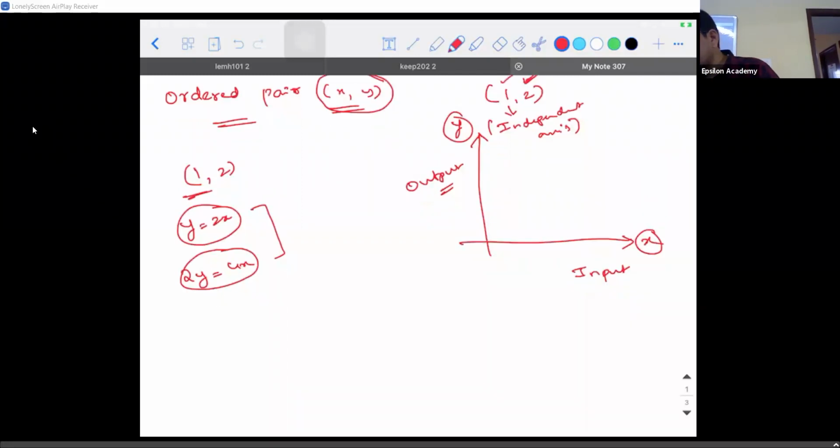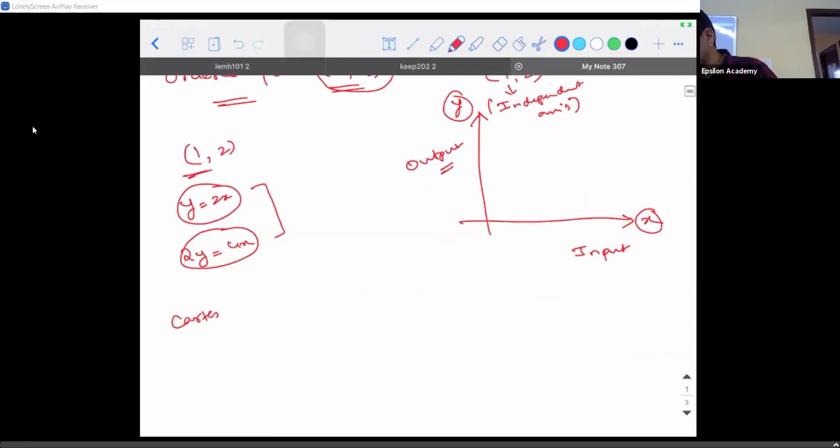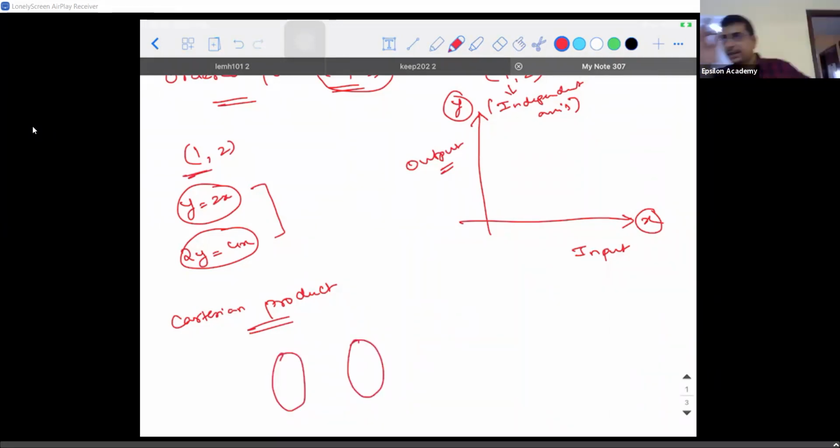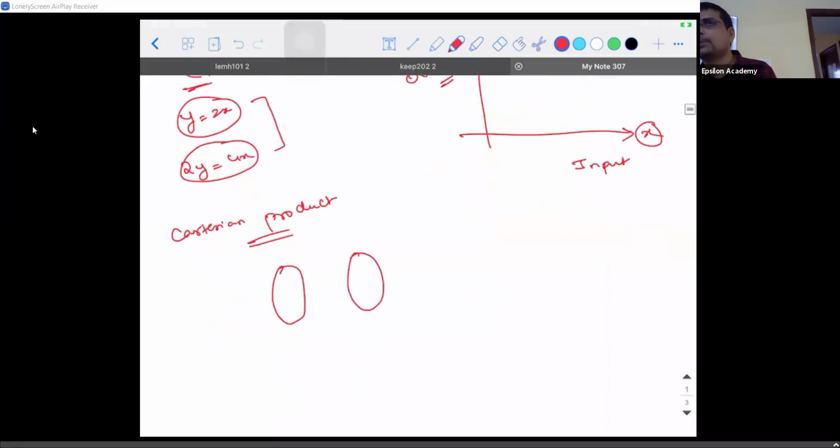Right. Now what can you say about the Cartesian product? For you to obtain the Cartesian product, what is the data you need in your hand? You need two sets which are non-empty. If I have two sets in my hand, let's speak only in terms of input and output, nothing else outside that. Domain, range, we'll see later. Let's speak only about input and output values. So if I take the ordered pair (1, 2), from your understanding, which is input, which is output?